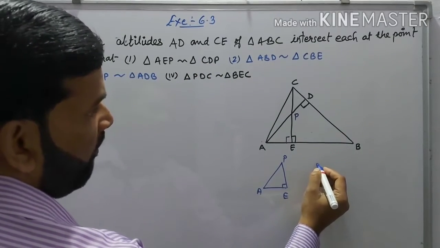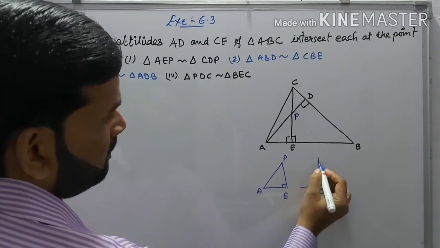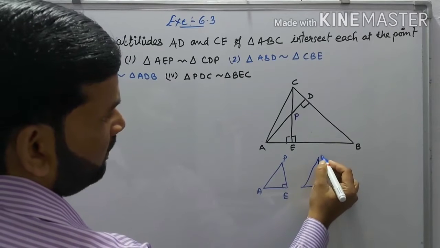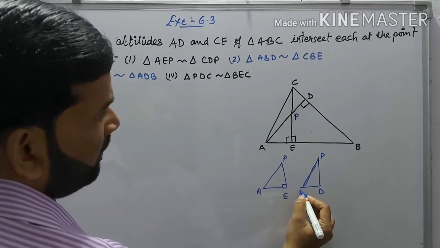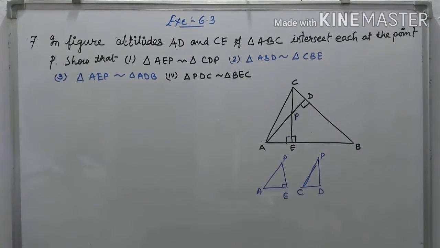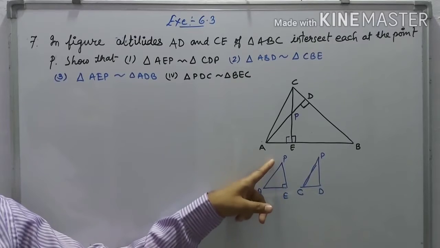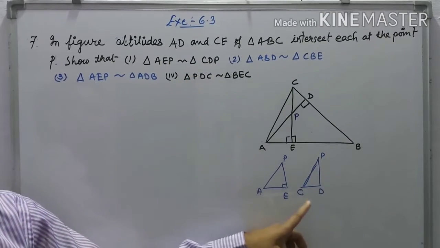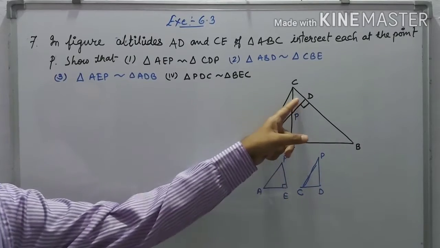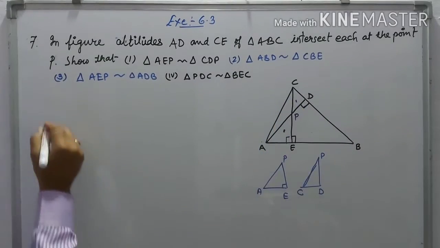D and P will be in the same place, and there is the C. Okay, triangle AEP, second triangle CDP. This means first we take this triangle and second this one. Now write